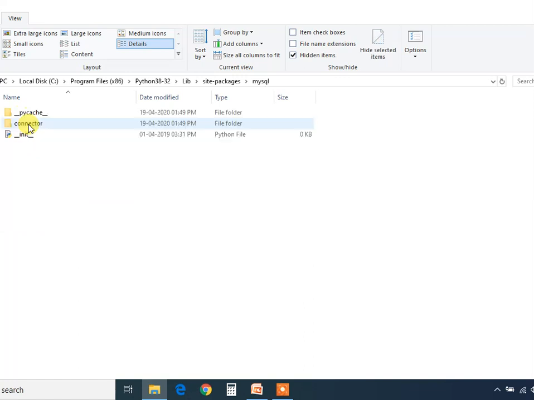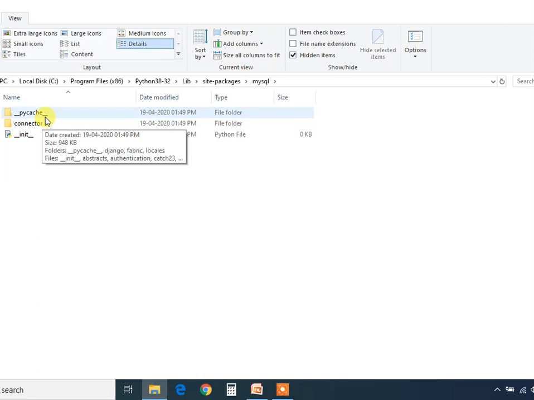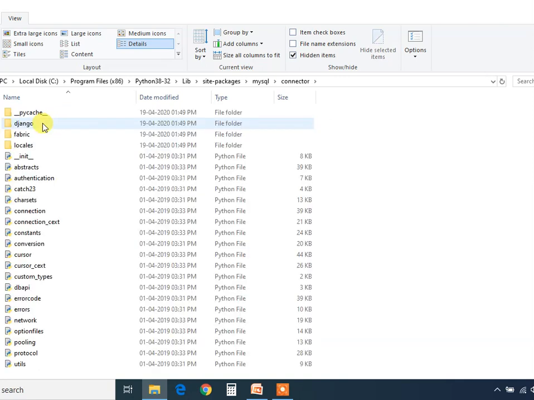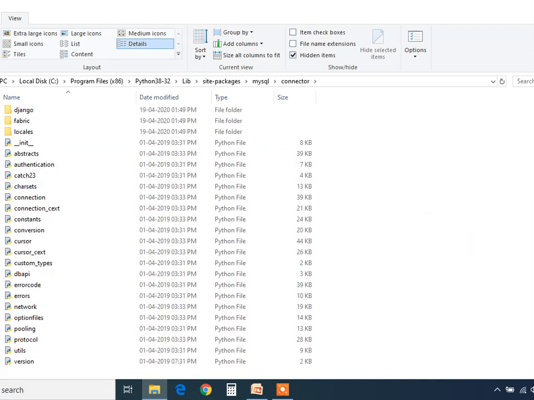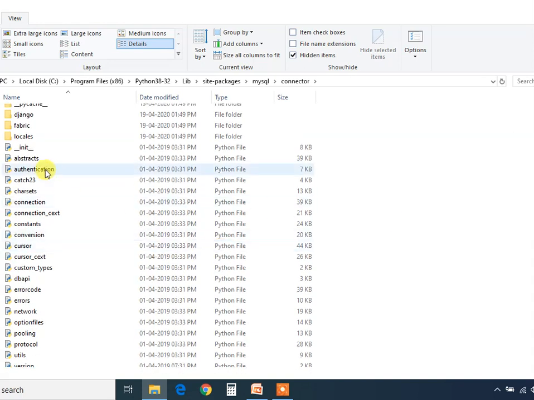This is MySQL. Here you can see this is that init file that we were talking about. This is 0 bytes. It is an empty file, but it should be there to make it a package. Then we have these subfolders. Inside this folder, this is a sub package. Why? Because it has this init dunder file, and these are the modules, because modules are Python files, general Python files. These modules will have functions inside them.